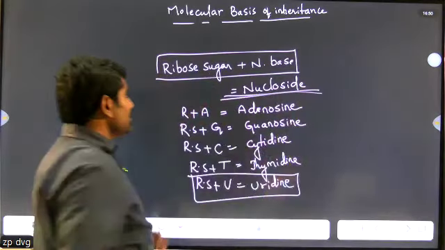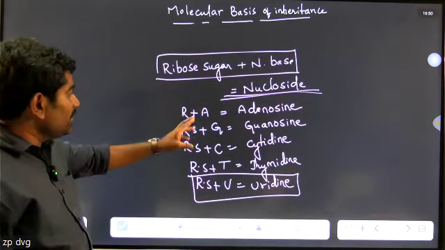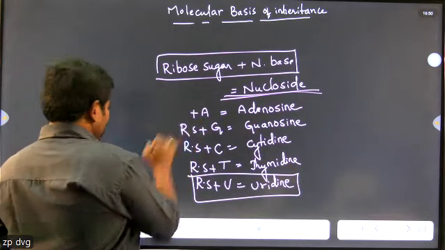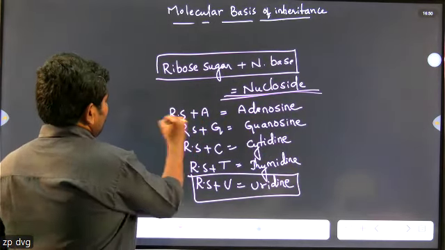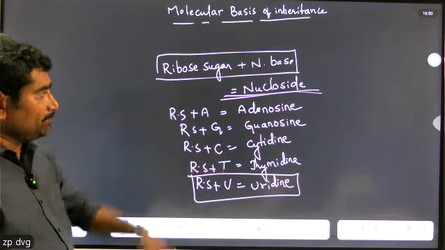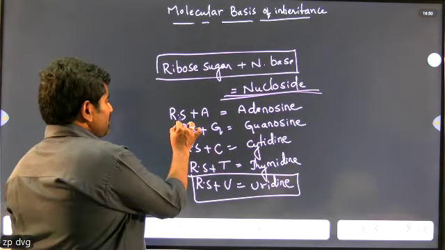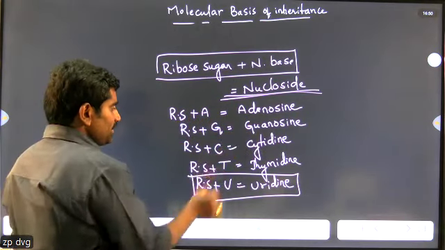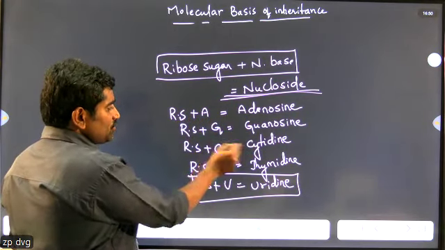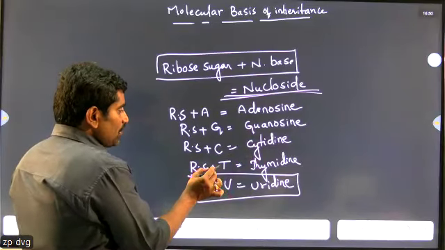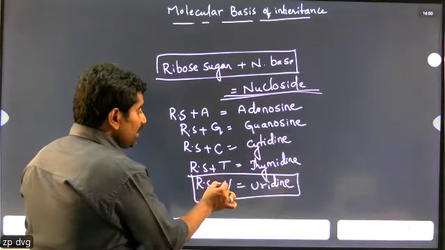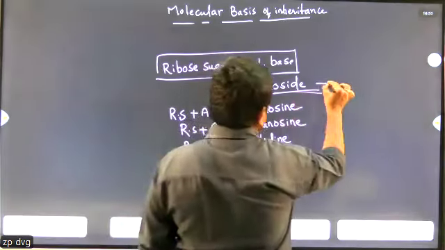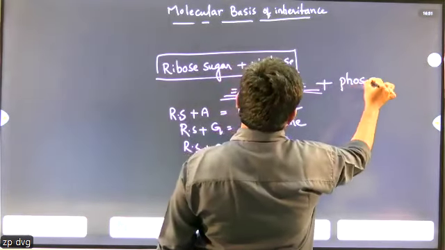Nucleoside: ribose sugar plus nitrogen base is equal to nucleoside. Ribose sugar plus adenine is called adenosine. Ribose sugar plus guanine is called guanosine. Ribose sugar plus cytosine is called cytidine. Ribose sugar plus thymine is called thymidine. Ribose sugar plus uracil is called uridine. These are all nucleosides. If a nucleoside is added with phosphate, then this is called